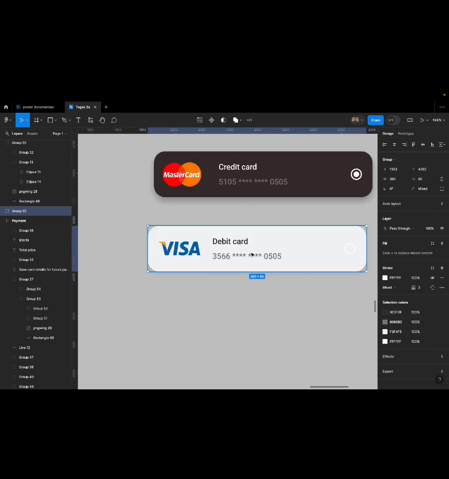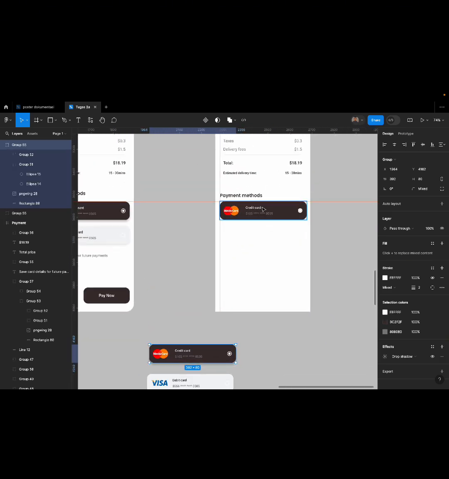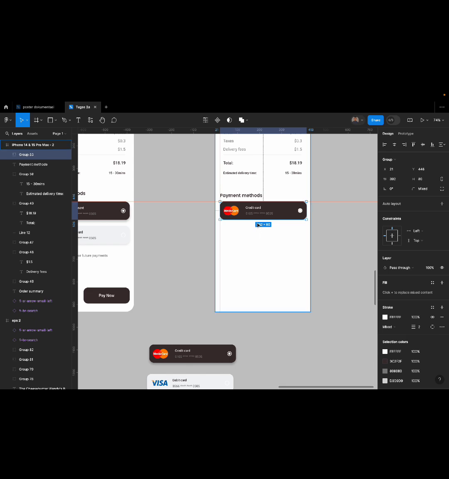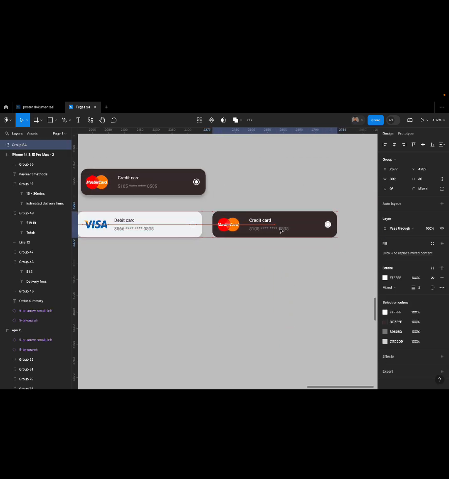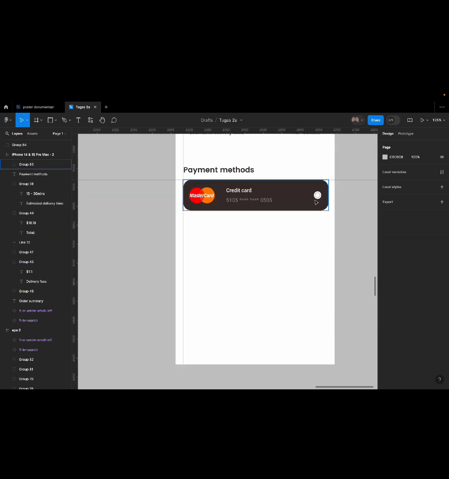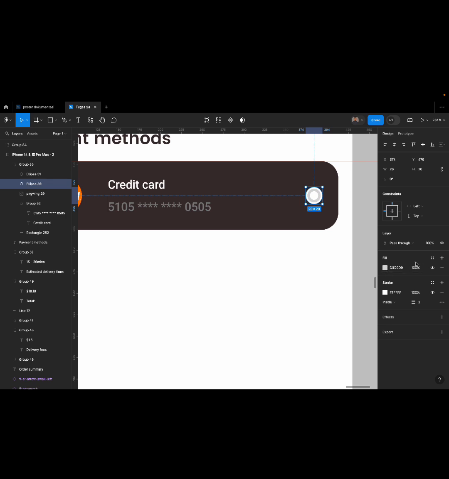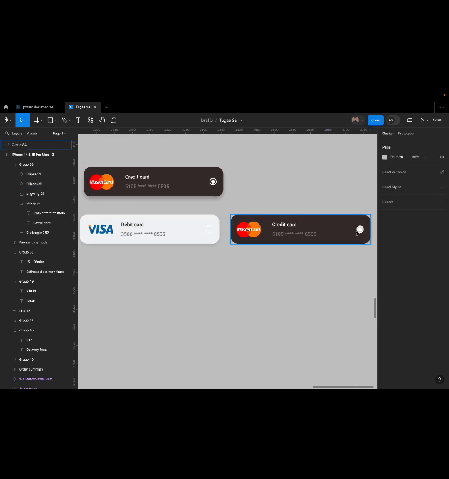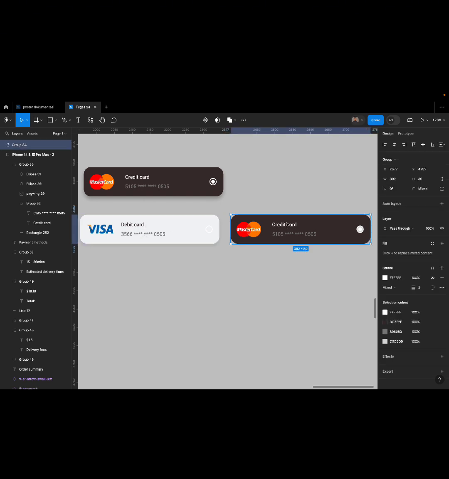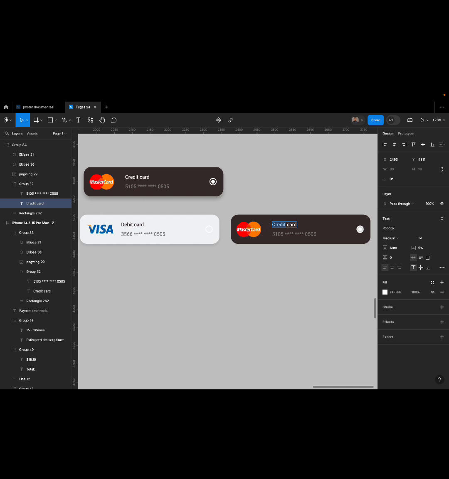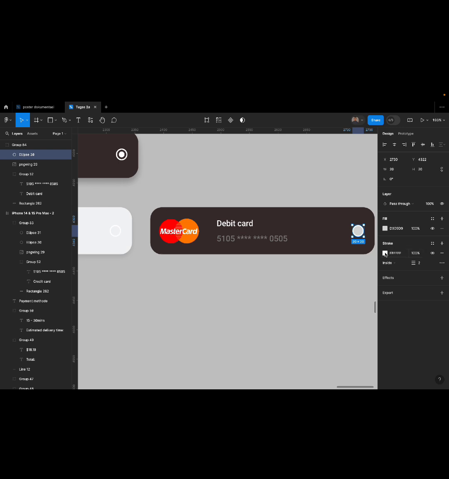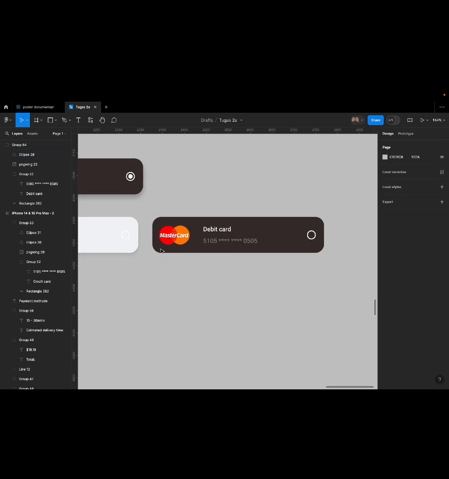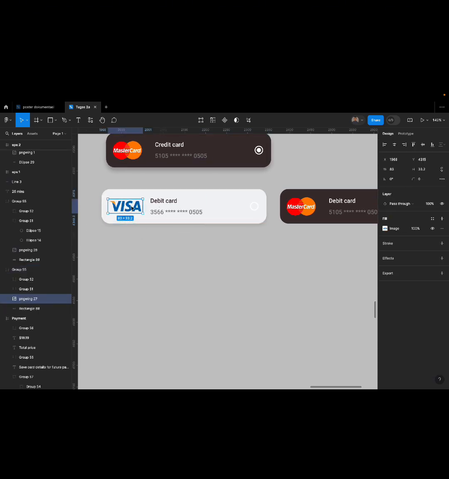And then how can we make it? The first is duplicate the creation after this, and then just change it to debit and remove the oval in the middle like that, and you can find the logo on Google.